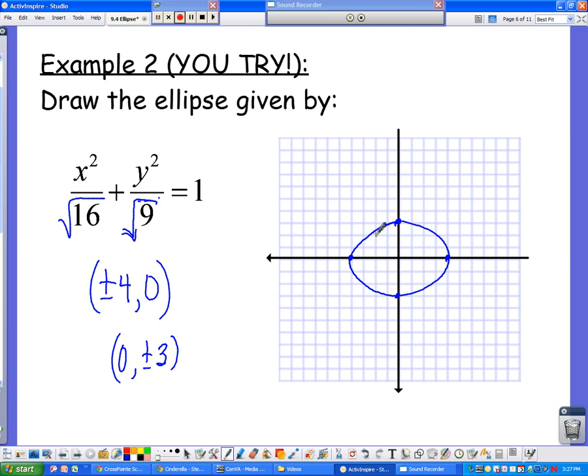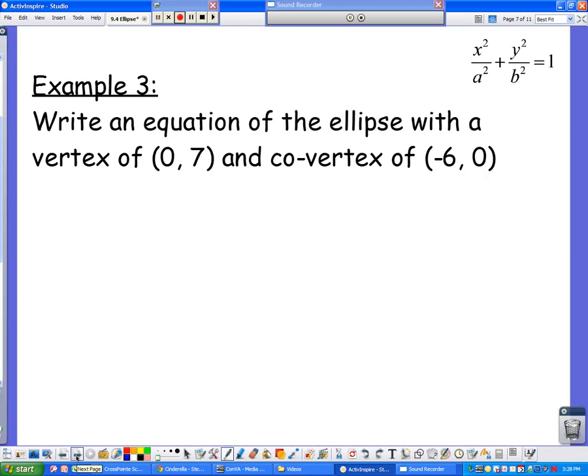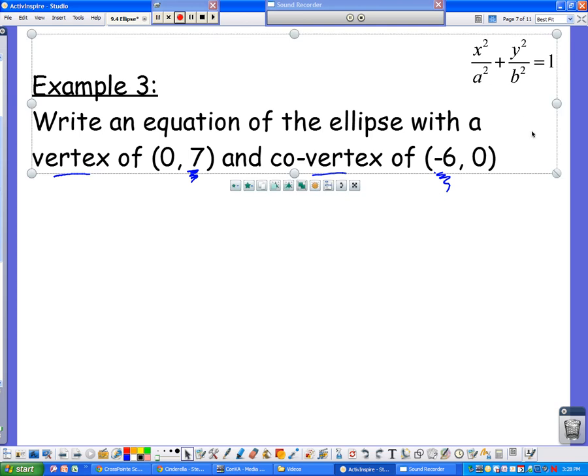All right. The second part of this is we just wanted to make sure that you knew how to write an equation. So when you're writing an equation, it says write an equation of the ellipse with a vertex of 0, 7 and a co-vertex of -6, 0. So when you're actually looking at this, I wouldn't get too hung up on the vertex or the co-vertex. Because you already know the center's at 0, 0, I would get more interested in where the 7 is and where the -6 is. Okay? The rest of this is when you use your formula